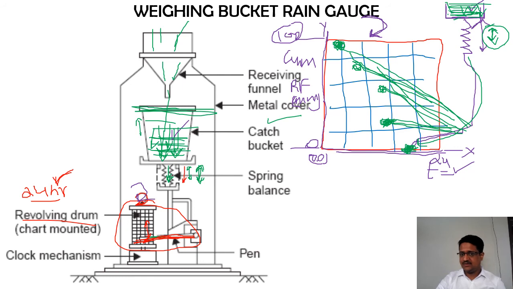So this particular joining of all these points, I'll just try to join this. If I join all these points together, you can see this yellow section. This graph itself you are going to call the rainfall mass curve. So this is nothing but the rainfall mass curve. With respect to this rainfall mass curve, you will come to know the time of collection of this rainfall, as well as the intensity of rainfall and further things.